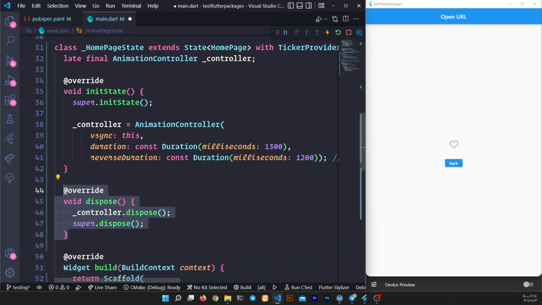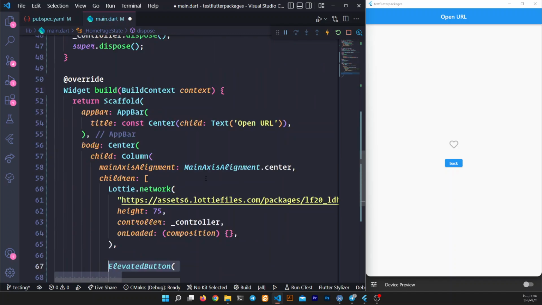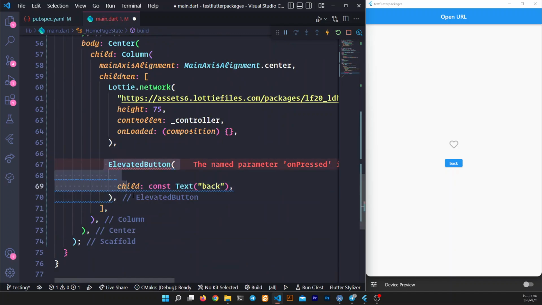Okay, and in the dispose function I dispose the controller, and to use it I create a new ElevatedButton